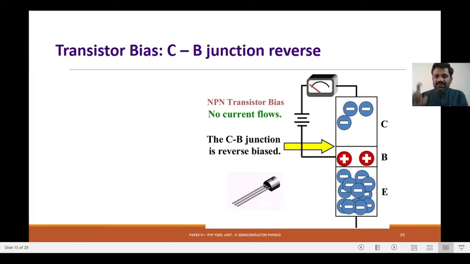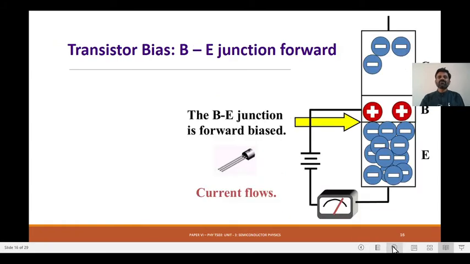So this is the reverse biasing of a collector base junction. Now let us see the other junction when it is under forward biased condition. As I said, the base has a P region and the emitter has an N region. The emitter is heavily doped, the base is lightly doped, and this is connected to an external battery. When the positive region is connected to the positive of a battery, and the negative region to the negative of a battery, you can see in the ammeter